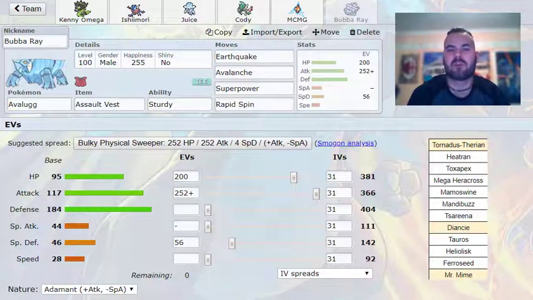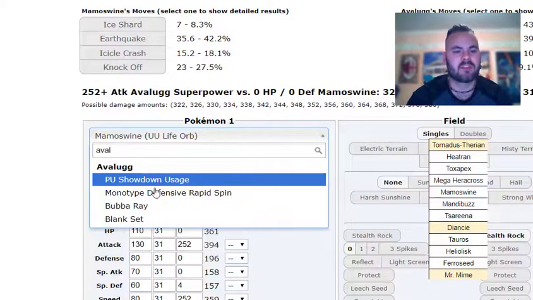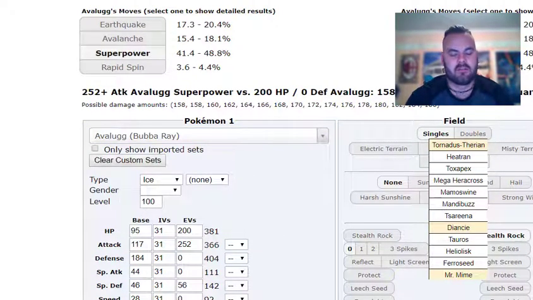Even Rotom can't really do a lot, because Avalugg has a lot of attack stat, man. Sugar Berry is still... Let me show you what I mean. Let me actually show you in the calcs. Barbaray versus